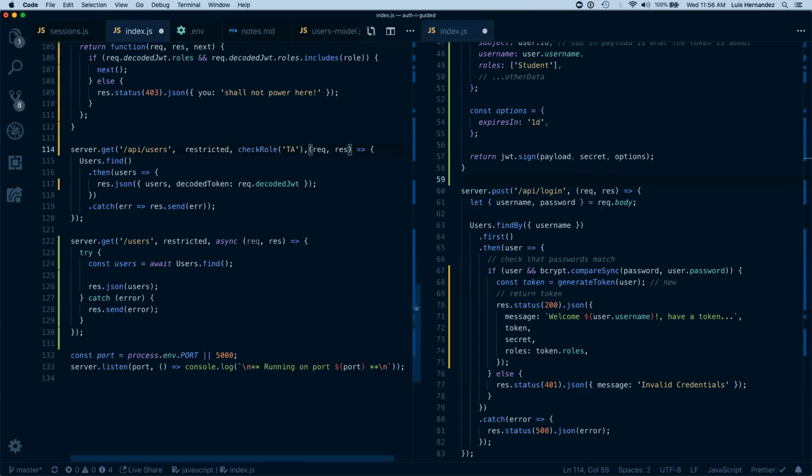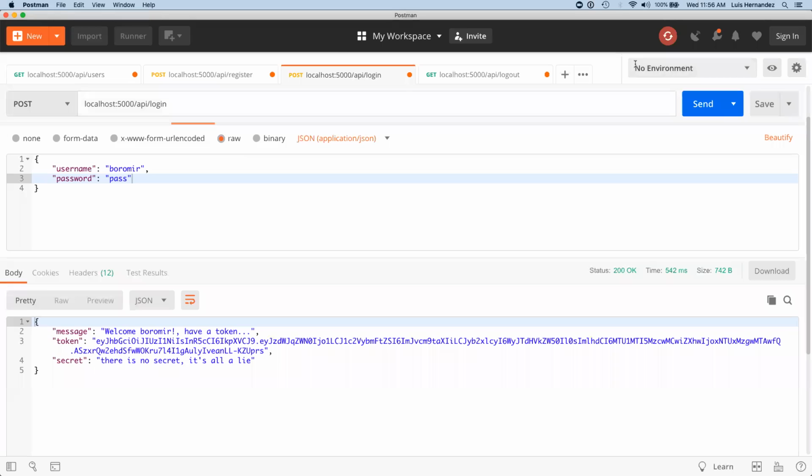Yeah, why are we calling that before the restricted? First, we want to make sure that they're logged in. Then we want to check their role. So the order of middleware was probably doing away with us. So when we do that, okay, and then we copy this secret,